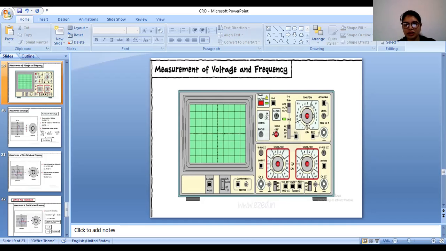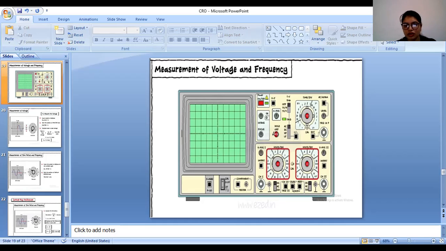This is a simple diagram of a cathode ray tube. This is the cathode, which is at a highly negative voltage, and this is the anode at the phosphorus screen, which is at a high positive voltage, around 600 volts, and this is the heating element or filament. And the anode and cathode are connected in this vacuum tube that is made of glass.